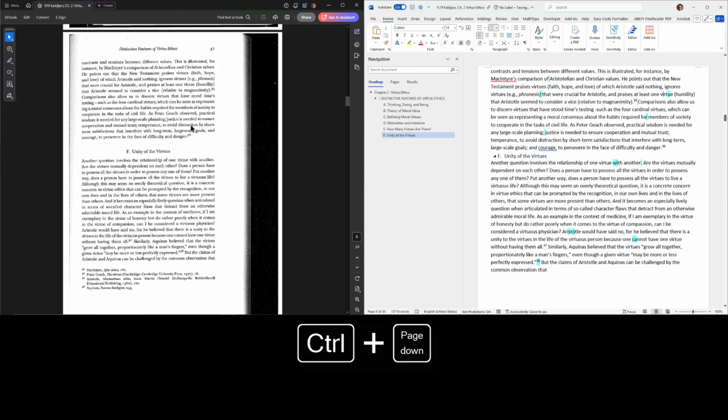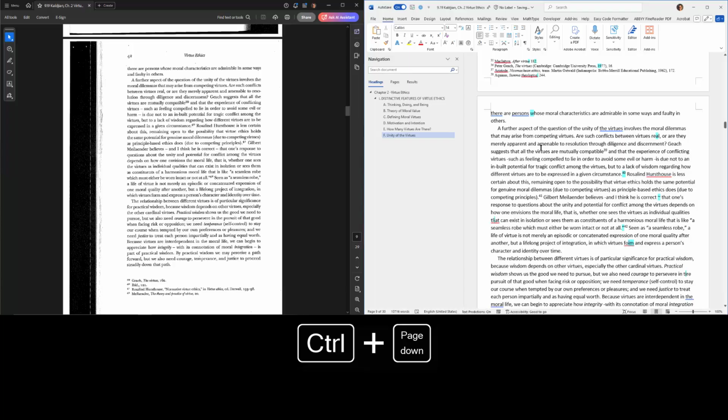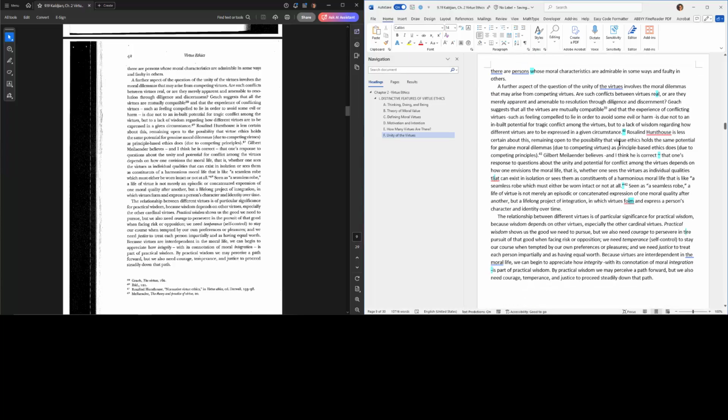Okay, moving on. There are persons whose moral character, yes. Rosalind Hursthouse. Rosalind Hursthouse, looking right. Correct. Where is this? Gilbert.